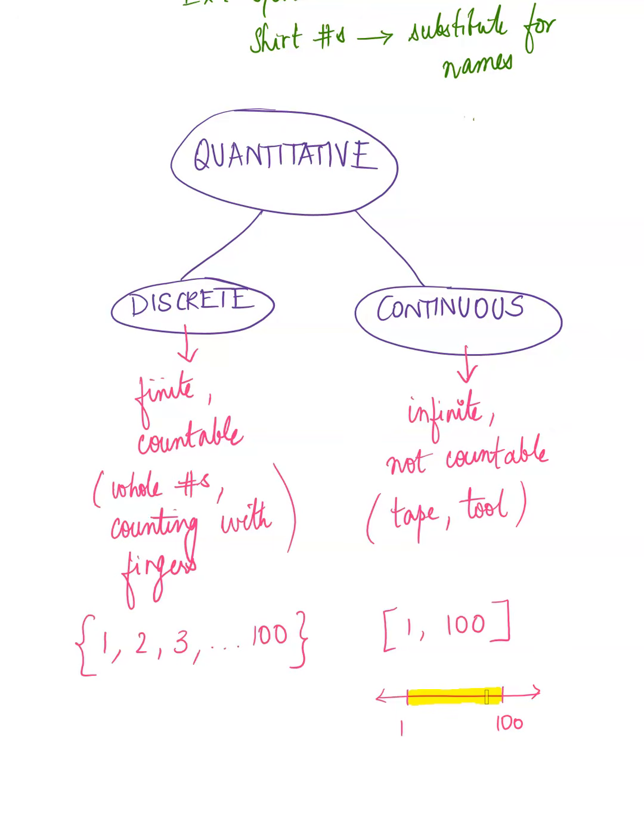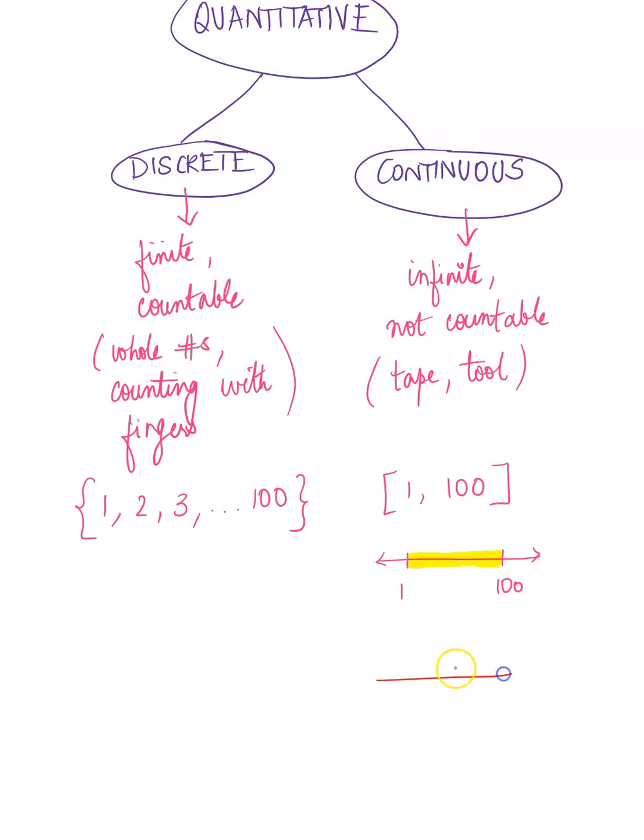You can't put a comma and list them. So it is an interval. It's a measurement. Because even if you forget 100, even if you were to measure this between 1 and 1.5, you have infinite possibilities, right? If you're measuring between 1 and 1.1, there are infinite possibilities because you're looking at that interval. So I want you to pay attention to that and be really clear about what we mean by interval versus